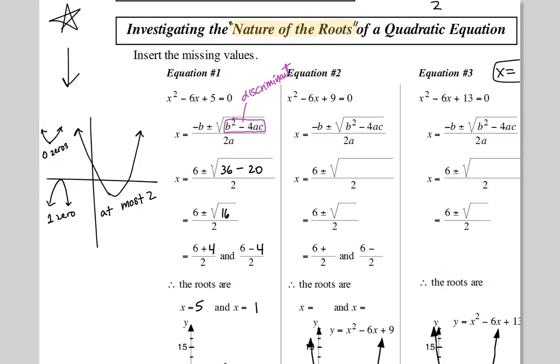Any questions about that? 36 minus 20, 16. So you get 4 and negative 4. 6 plus 4 is 10, 10 over 2. 6 minus 4, 2 over 2. Okay, and then you can see